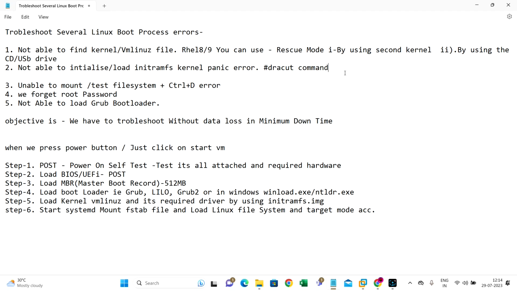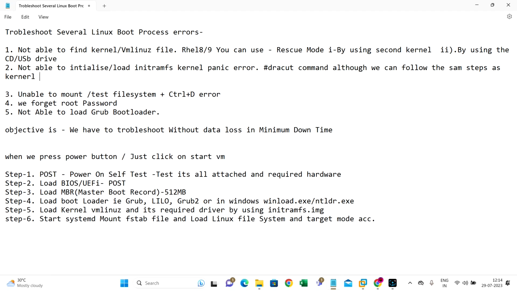Although we can follow the same steps as the kernel recovery file,